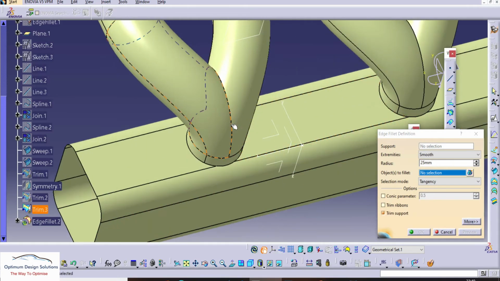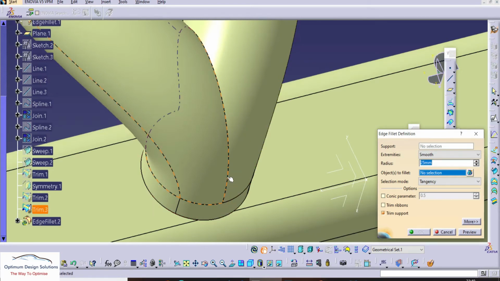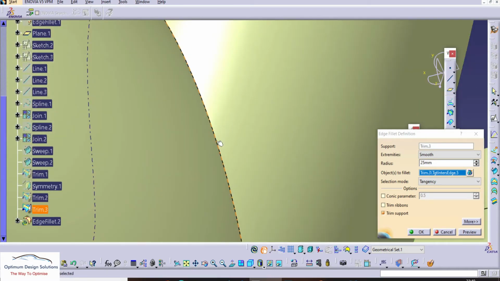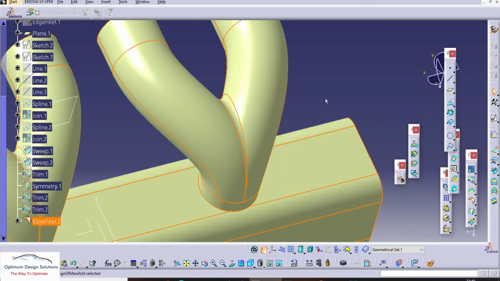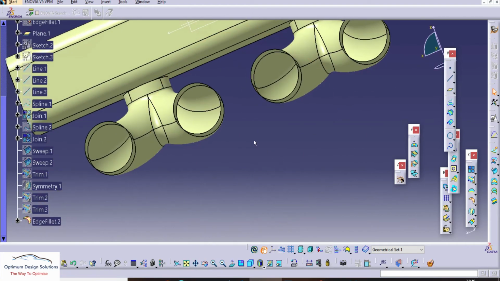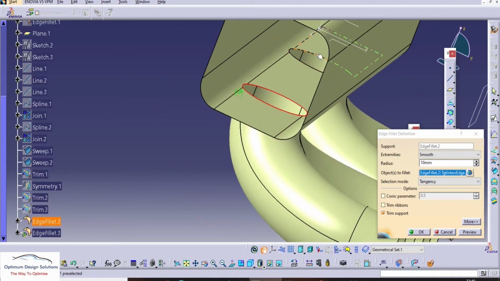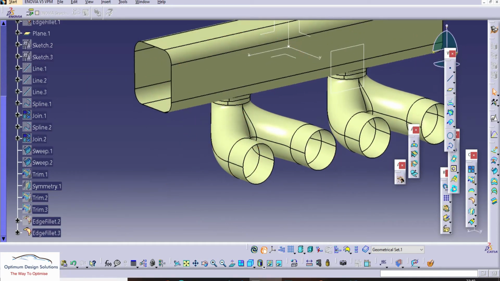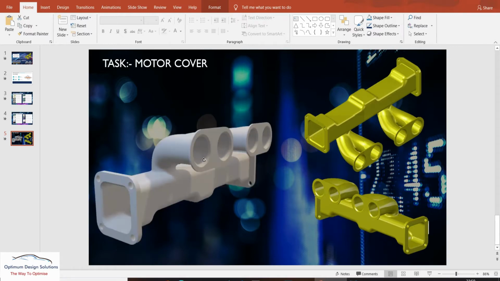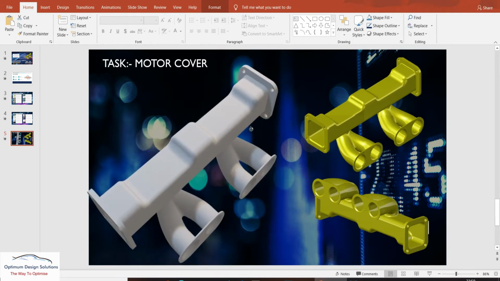So we'll apply the chamfer, apply the radius at the sharp edge, the joinery sharp edge. Okay, it's 10 mm, it's enough, I think. Okay, so let's remove the internal sharp edge also. Similarly 10 mm. So here you can see our target part. So we have just created the basic surfaces.